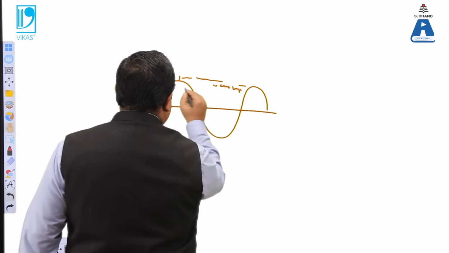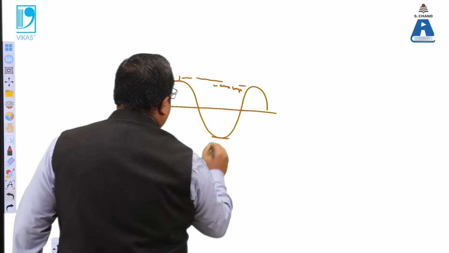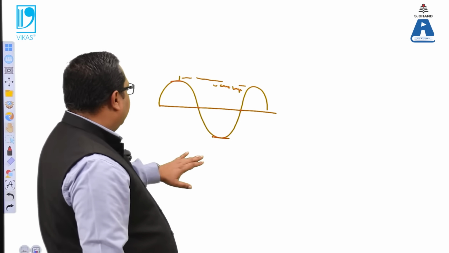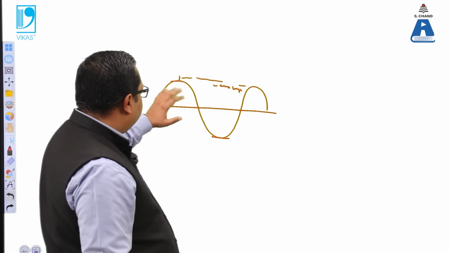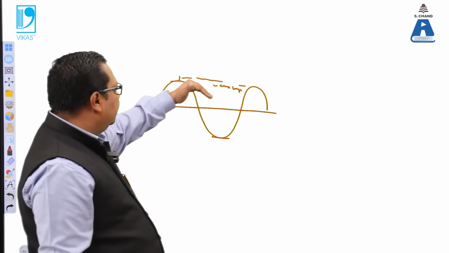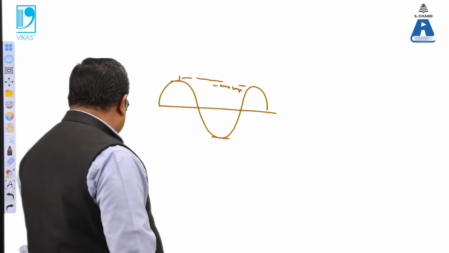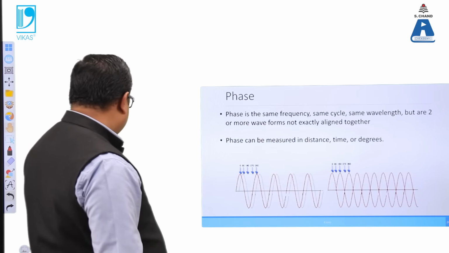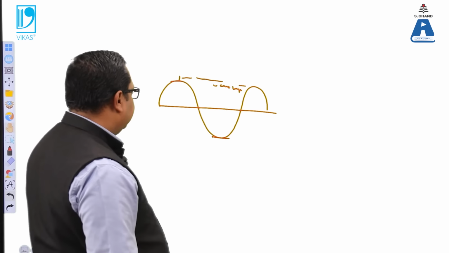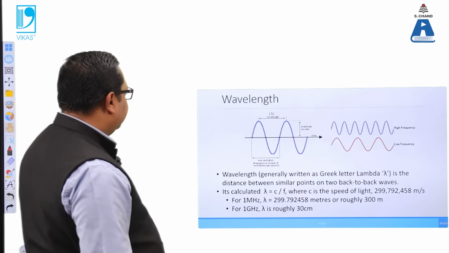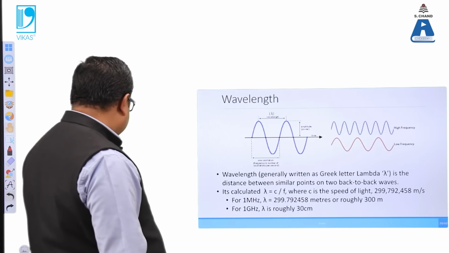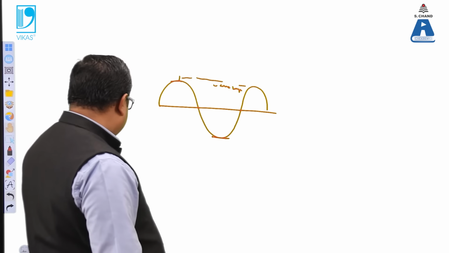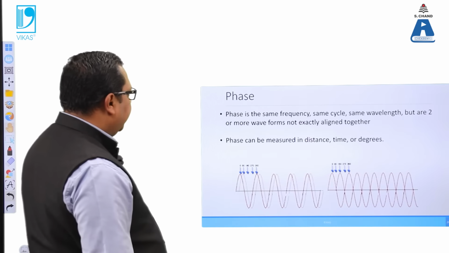and this distance is the amplitude. We can say the positive axis and the negative axis, the x-axis and the y-axis. On the x-axis we have the wavelength, the variation, and on the y-axis we have the amplitude. So we have the two things, the x-axis and the y-axis. On the x-axis we have a particular wavelength, and on the y-axis we have particular frequencies. Phase